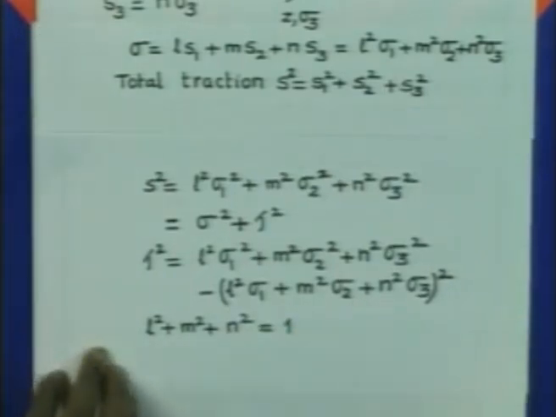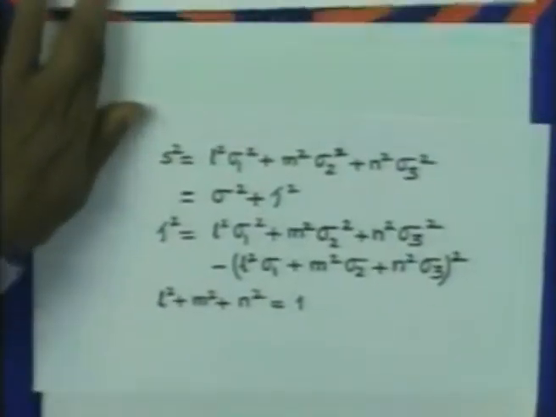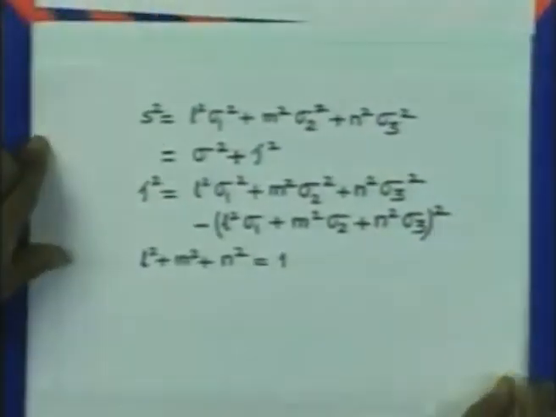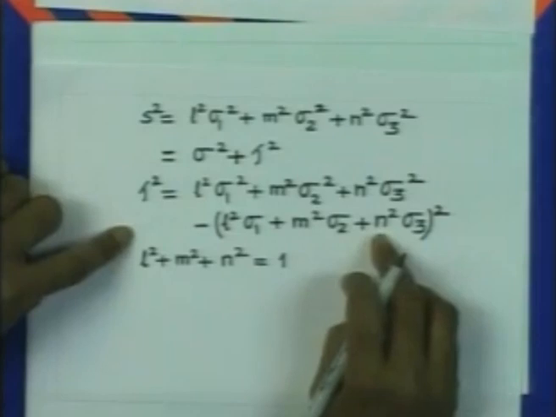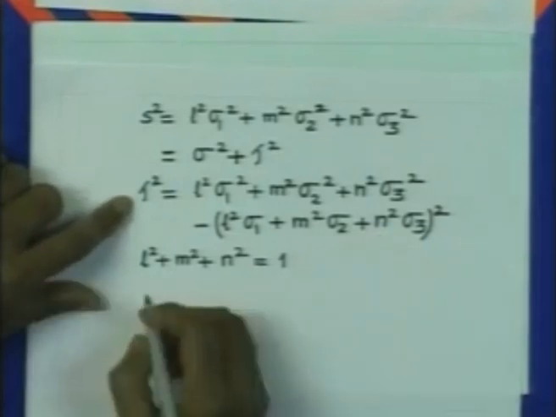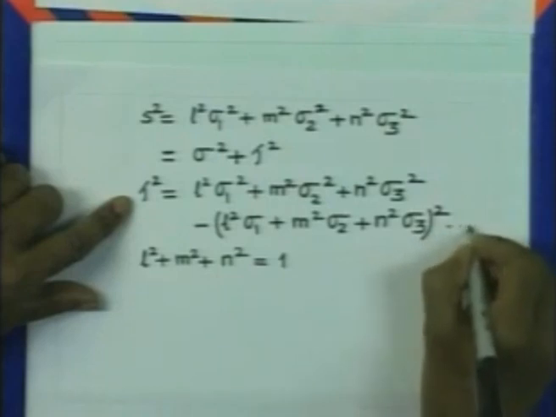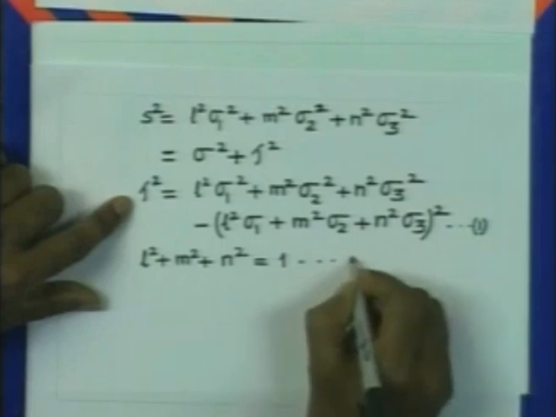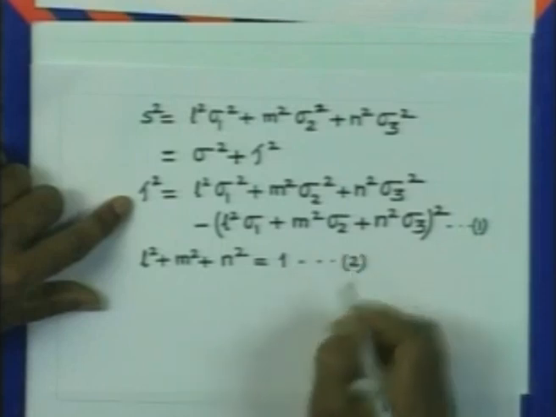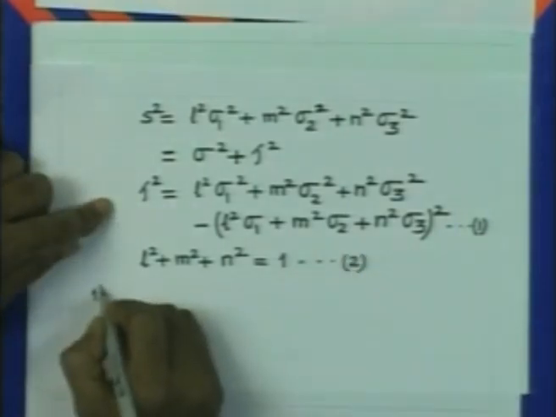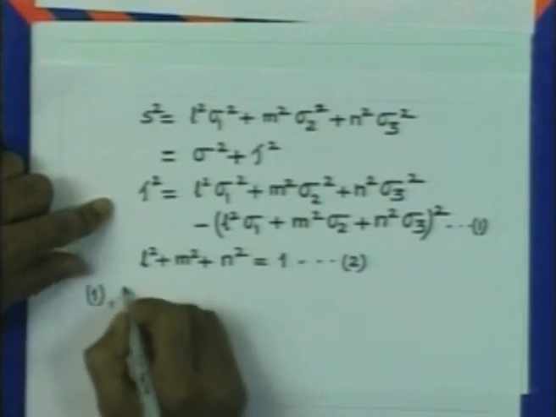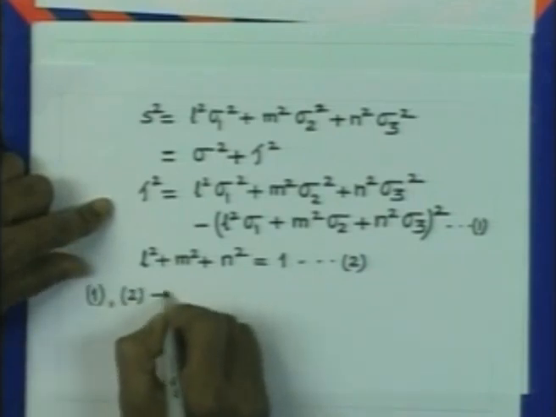So, if we now eliminate n square from this, let us consider that this is relation number 1 and this is relation number 2. So, using 1 and 2 we get,